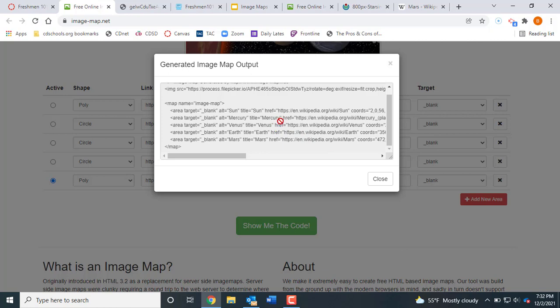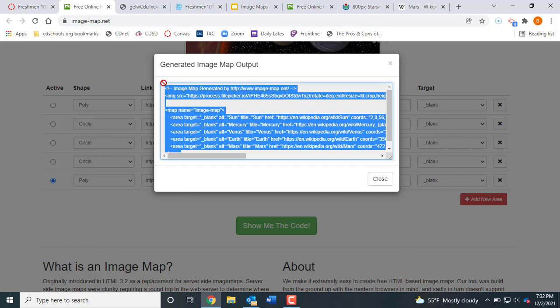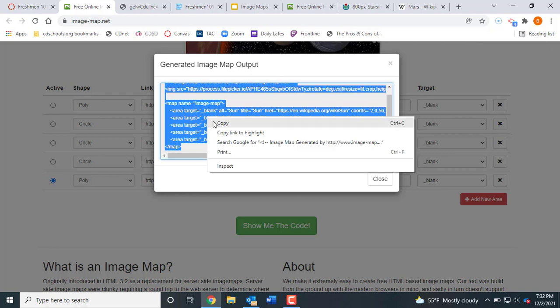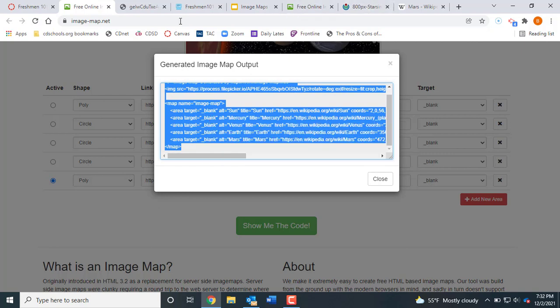Now what you want to do is take your mouse, and it is a little bit misleading. It shows this circle with a slash through it. It makes you think you can't do anything with it. But all you have to do is click and hold and drag your mouse over top of all that coding to select it. And then you can simply right click, copy,